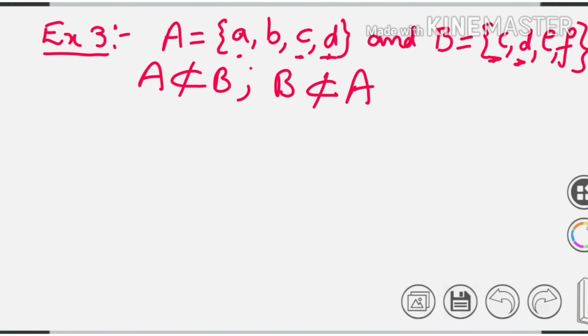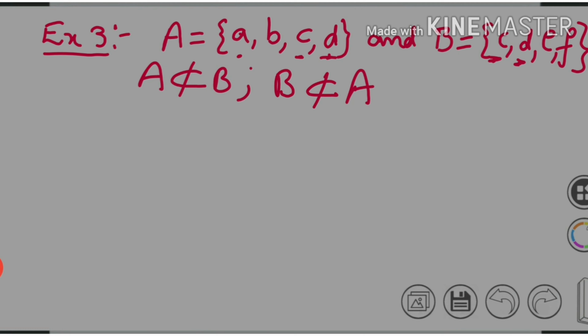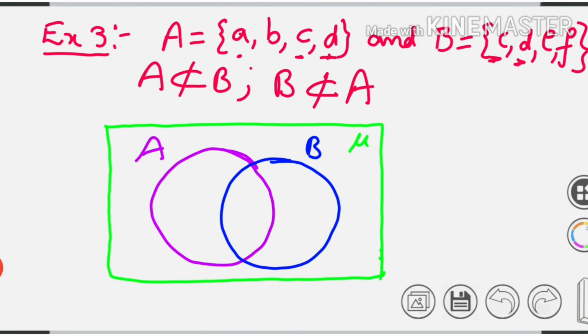Now we will represent this case in a Venn diagram. So like this, first we have to draw A and B. Here neither is a subset of the other, so we have to draw A separately, B separately, and there is some common element, so we have to draw some common part. This is the common part. Okay. Now we fill the elements here. First we have to see which are the common elements in A and B. Here C and D are both common elements, so we fill those common elements in this common area.